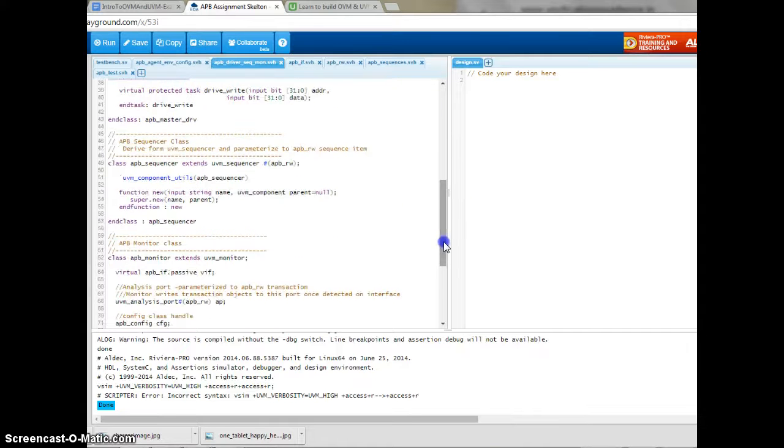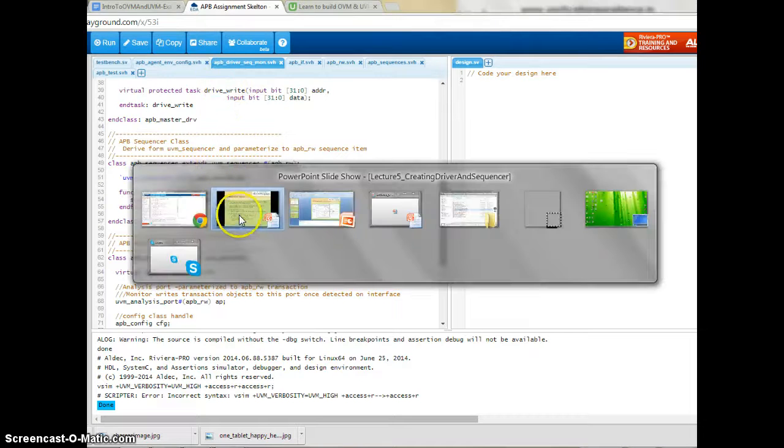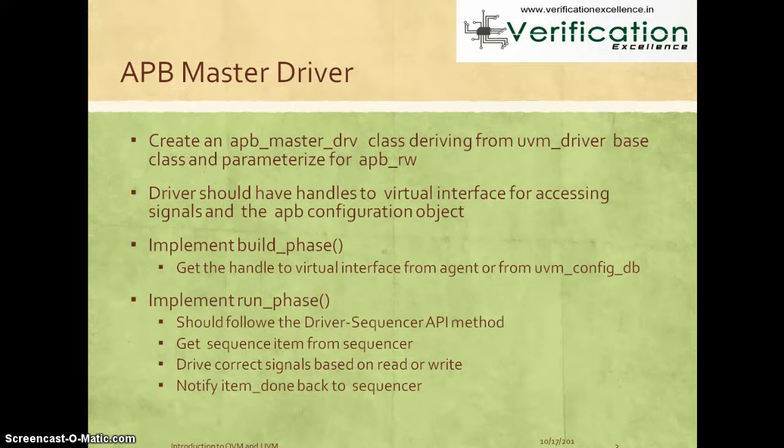The sequencer is pretty straightforward. You will have to extend it from UVM sequencer, parameterize it of this type APB read write, and all you need is to have a constructor. So that's how you can actually build a driver and a